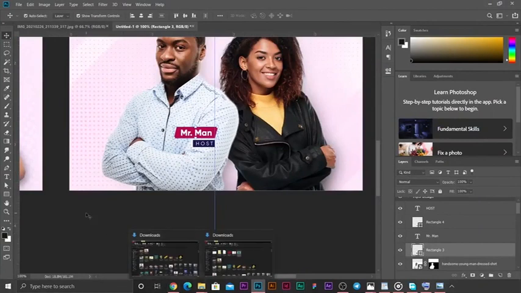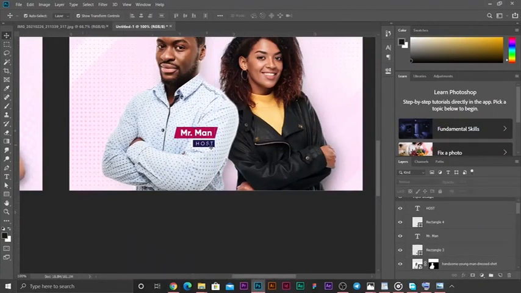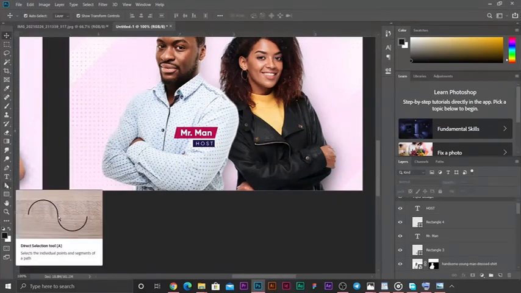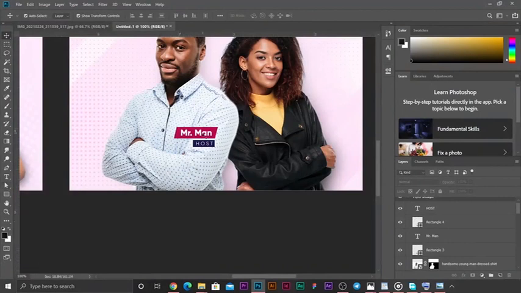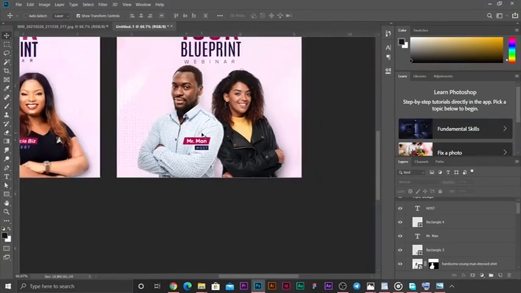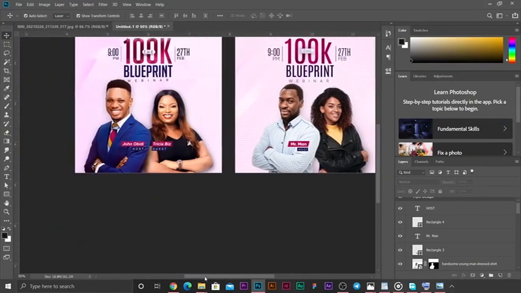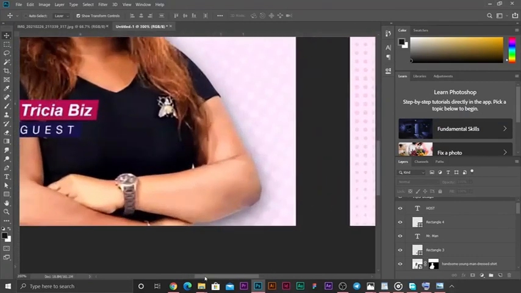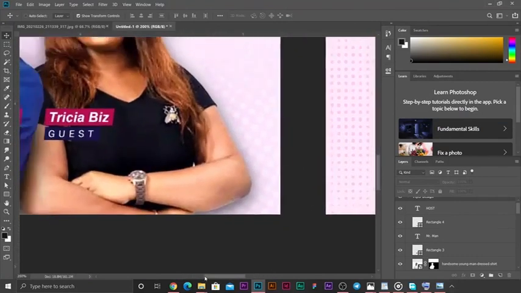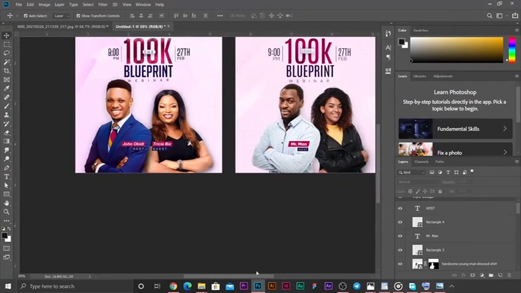We have been able to adjust this with the direct selection tool. I think our own angle is sharper than the angle that was done here. Ours is way sharper. Then I think we need to reduce